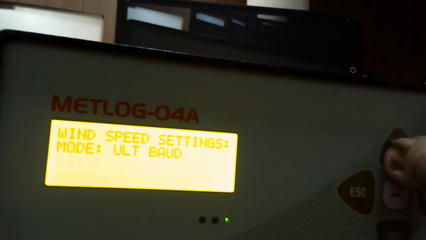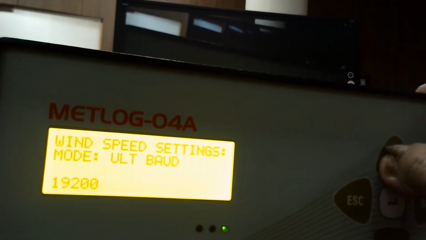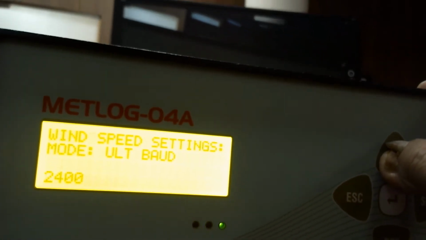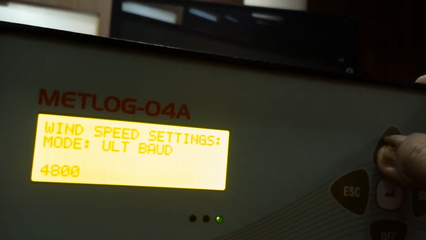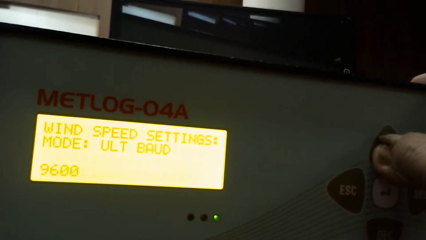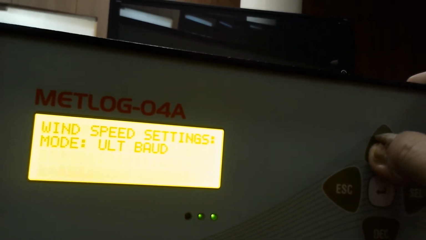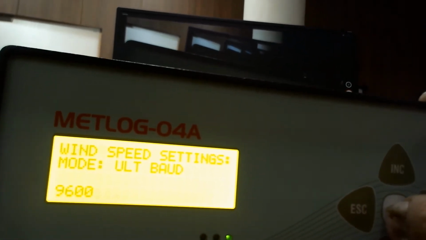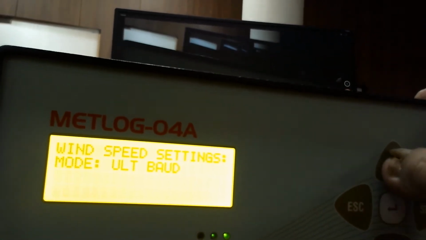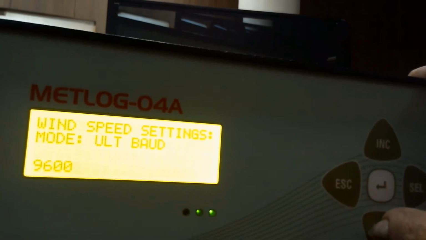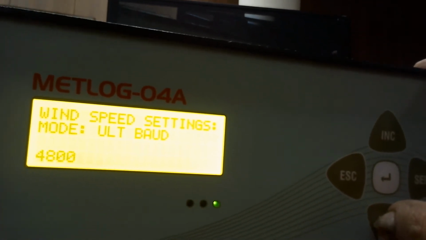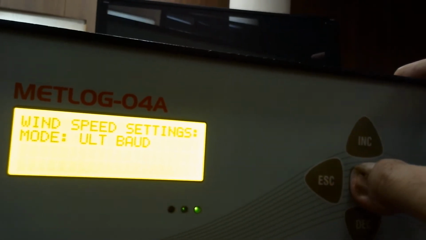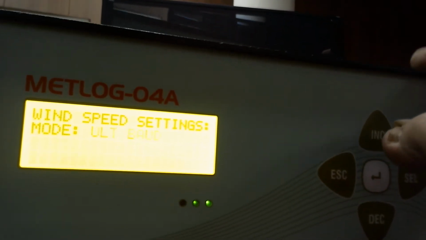When you press this, see, it is getting changed: 1200, 2400, 4800, then keep 9600 for ultrasonic. ULT means ultrasonic baud. But for the optical wind sensor, you make this optical 4800. For ultrasonic, 9600, and press enter.